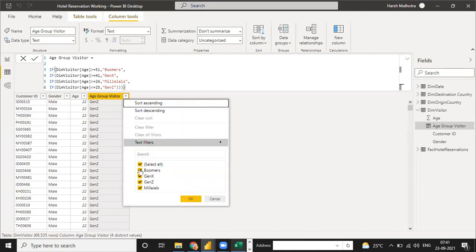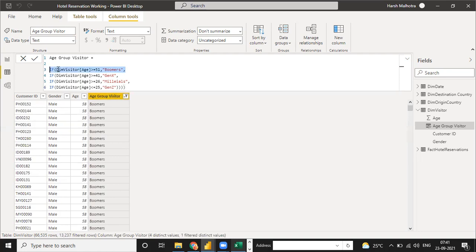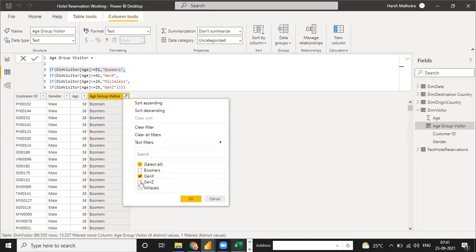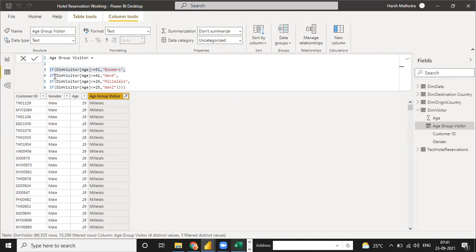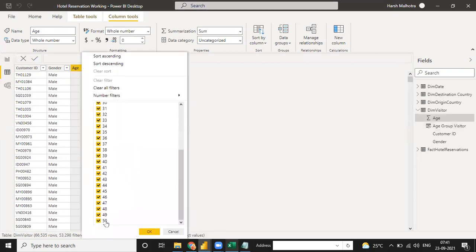So when Boomers is written into this column, it will disable this function for those rows. Power BI disables this function, which means only these three conditions, first, second, and third, remain the option for this line. So now if we write greater than or equal to 41, see, in this age range you don't have a value above 50, just 50 till 41.